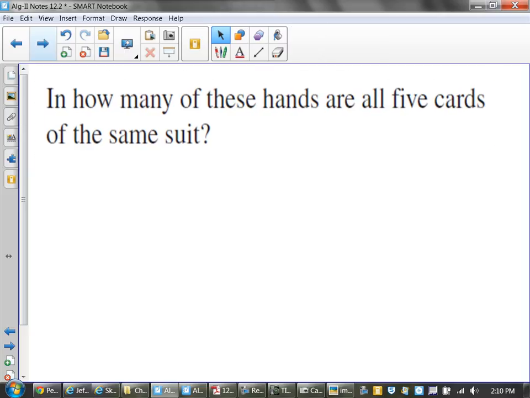Now we have to start to think where we can get this more complicated. We're not just dealing 5 cards. We want the 5 cards to be of the same suit. So, I like it, the flush. You want to deal yourself, how many different, this isn't just, you want a flush. You're not trying to find probability here. You're just trying to figure out how many different ways can that be dealt where all 5 cards would be the same. So this is where you have to start to play around with what you know about decks